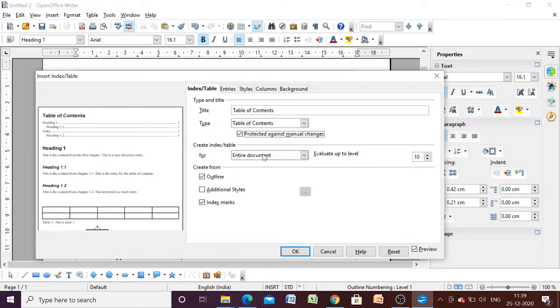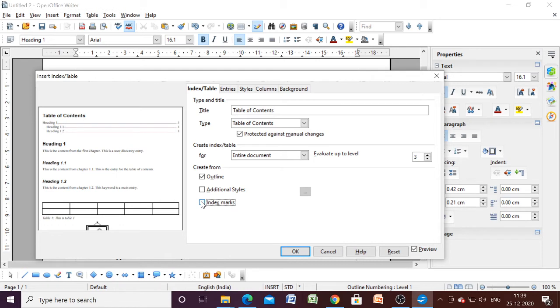We want to create the index page for the entire document, but we want to evaluate up to level 3. As I told you, we have 10 levels, but we are adding only 3 levels of heading, so we are going to evaluate up to level 3. Now we are creating from outline, so uncheck this index marks and press OK.